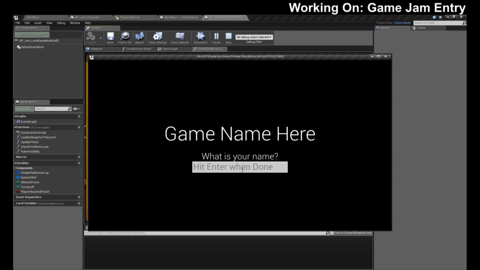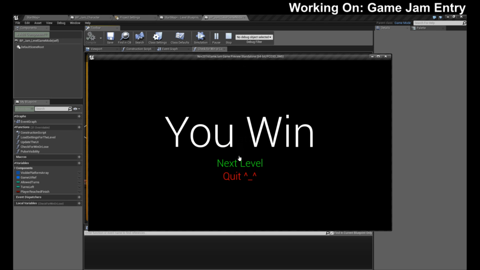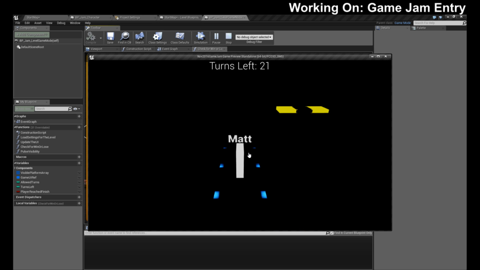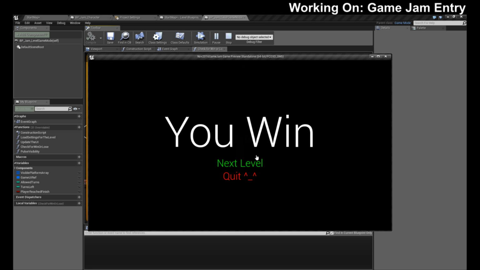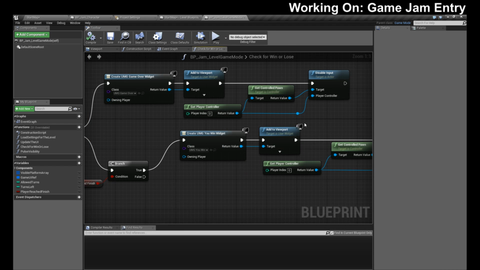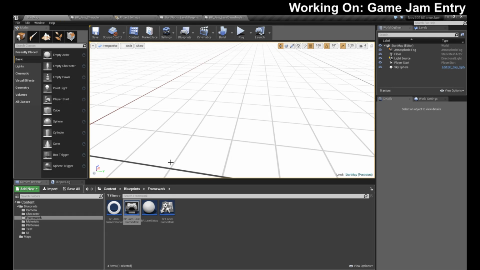Okay, this should screw me over, but I shouldn't be able to move afterwards. Okay. Why does my UI look like it's covering everything?